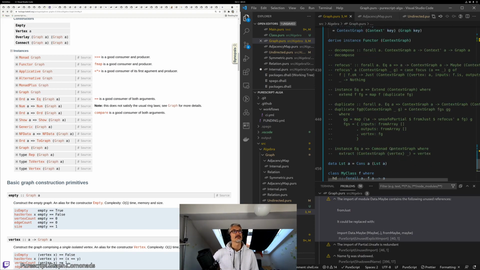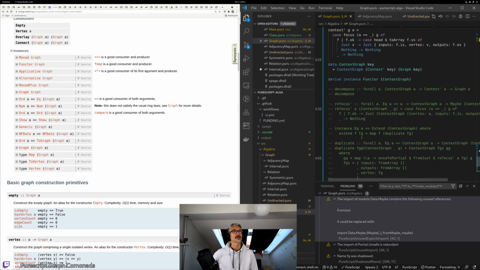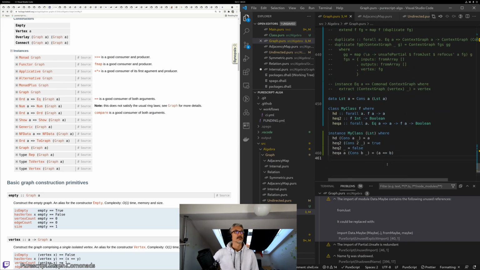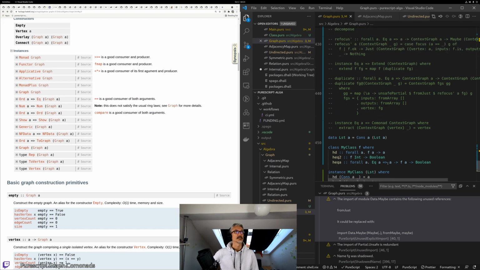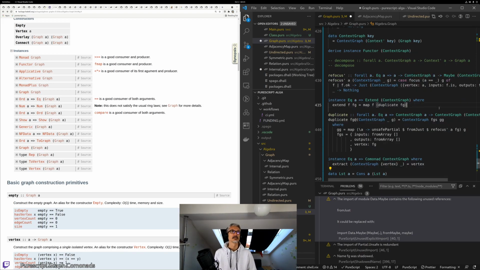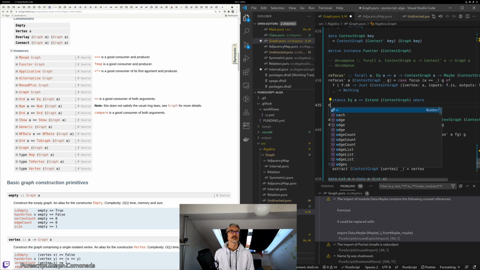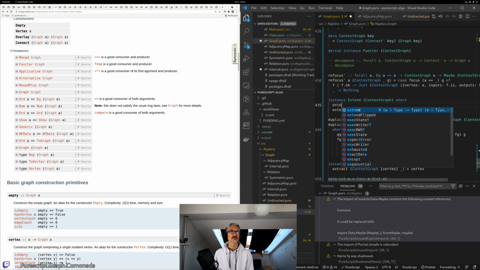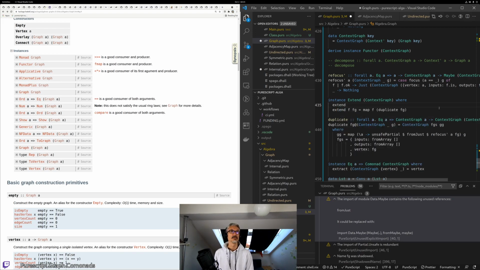I can put EQ A here, but I can't obviously change the type of extend because that's not the right extend, right? I can't just decide that extend all of a sudden is going to be